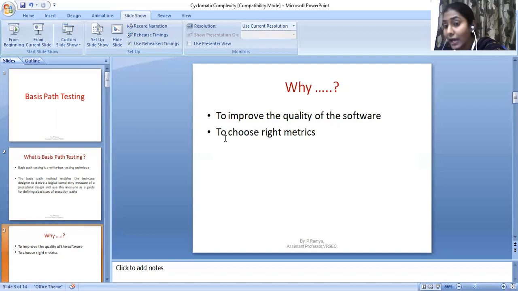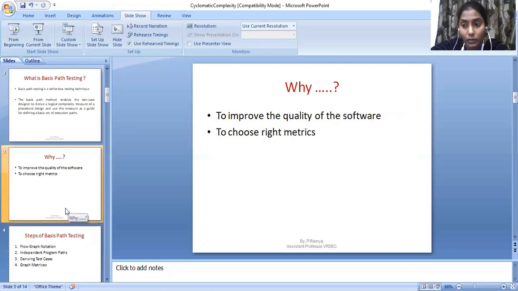Choosing appropriate metrics for different attributes related to software is very, very important. Because choosing the right metrics is what will make the difference between a successful project and a failed project. Because of these reasons, we should know the different measures associated with our project and how they will impact our project.